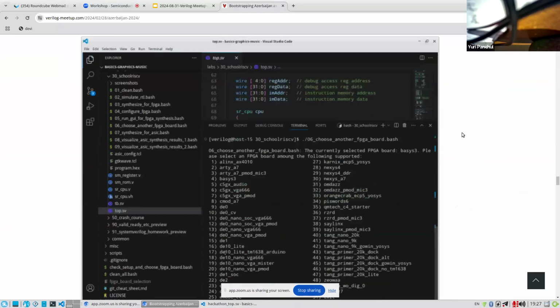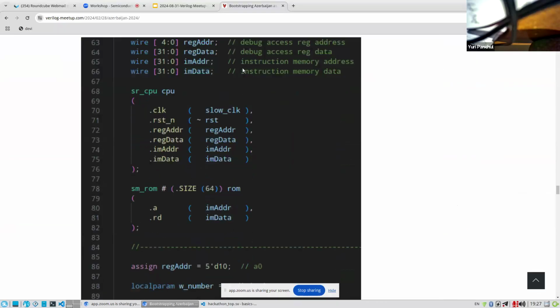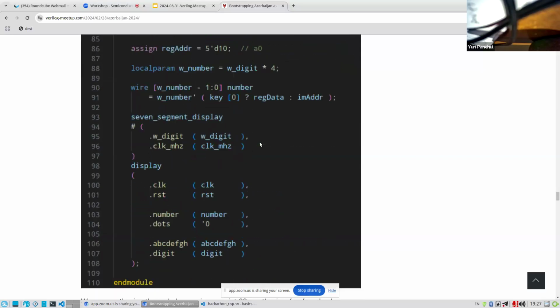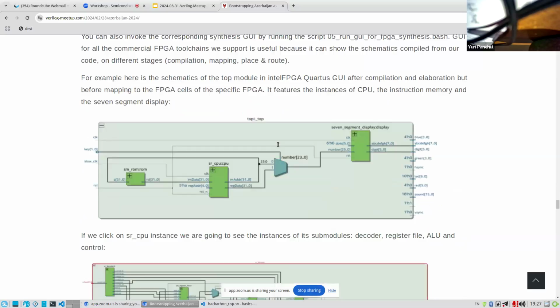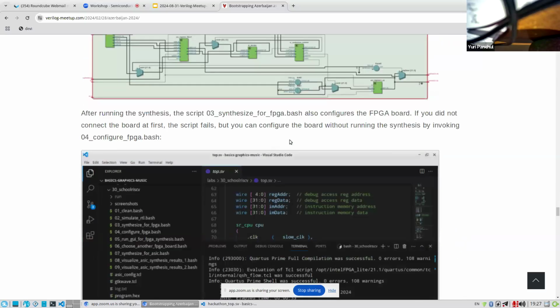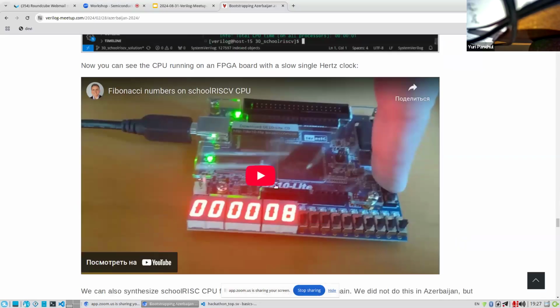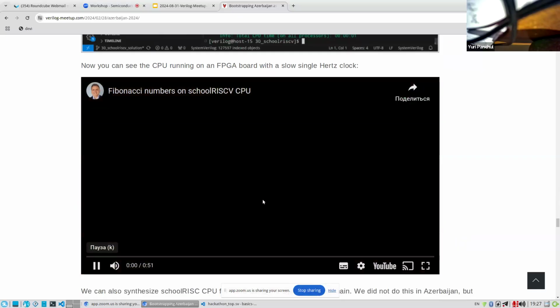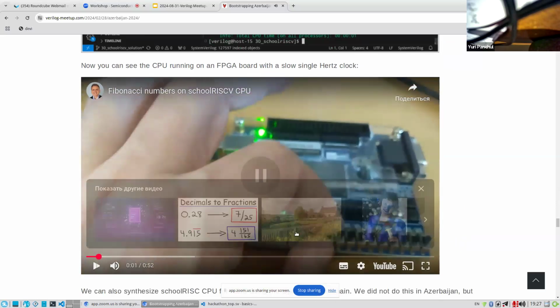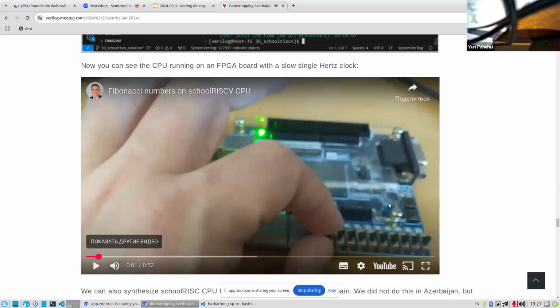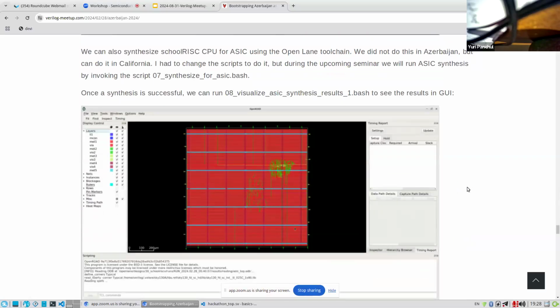And once they learn RISC-V assembly language and how to run a simulator, we created a literal processor and put it on the board. So you just instantiate a module with a processor, connect it with memory, and load a program in this memory, and you have a working processor. We were using a different board, but with your board you can do the same thing. And then we were showing how registers inside the processor change.